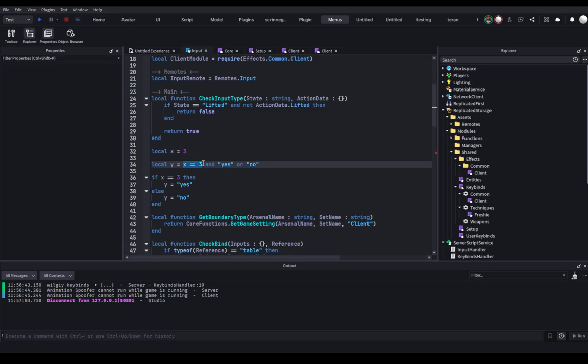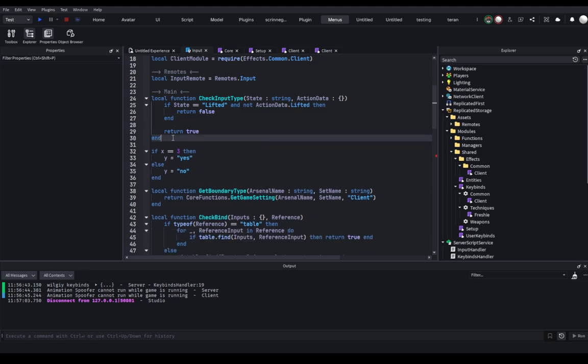which is basically just meaning that it's a variable with a condition inside of it. So this basically means that the value of y is equal to an if statement, and this is shorthand for like true, right? So this says if x is equal to true, like if x is equal to 3, what happens if it's true is the value of y becomes yes, and otherwise, if this if statement just doesn't work, it's equal to no, right? So